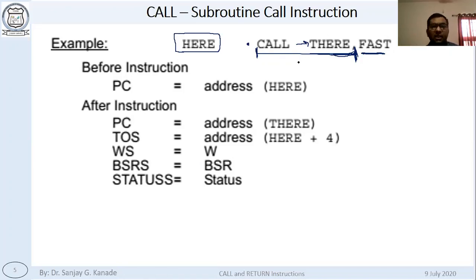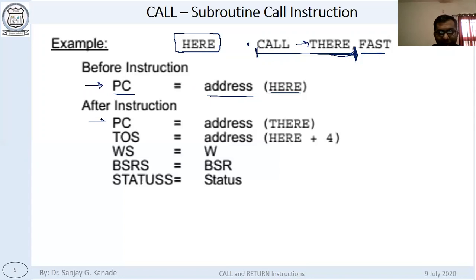Let's say before this instruction, what was the content of PC? PC always contains the address of the next instruction to be executed. So before execution of the call, it will hold the address of this particular location, right? Now once the call instruction gets executed, what will happen?